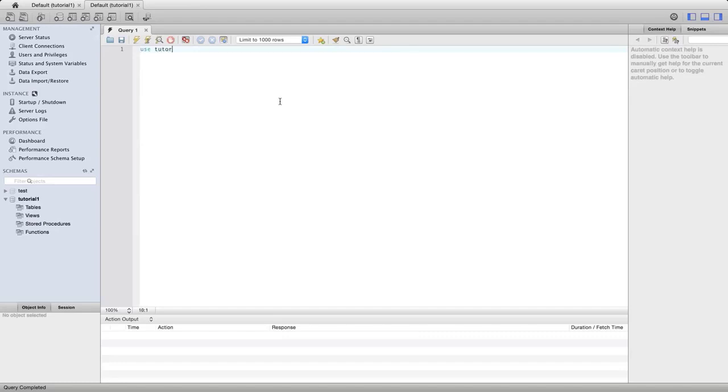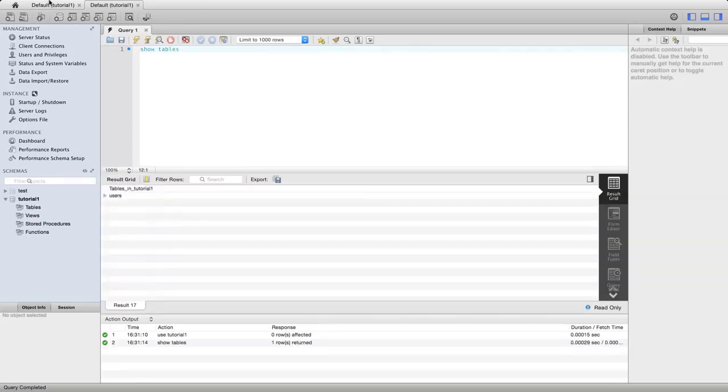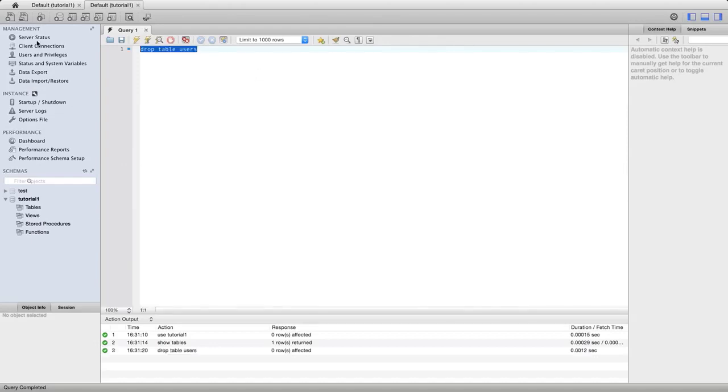In this tutorial, we're going to take a look at primary keys in MySQL. So I'm going to say use tutorial 1 as usual, and I'm going to say show tables. And at the moment, I've just got one table in here called users. So I'm going to do drop table users because I want to recreate this table now. I'll say create table users, and let's give this an ID of type int, and let's give it a name field. I'll just call it name instead of username because it's shorter, of type text, and also let's have email